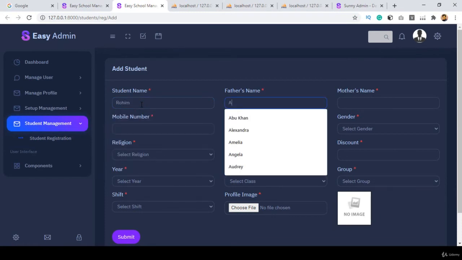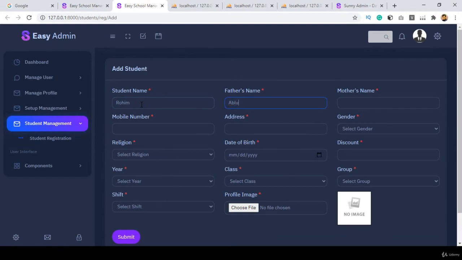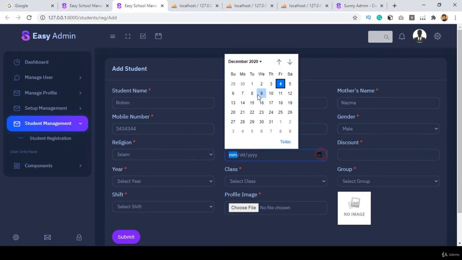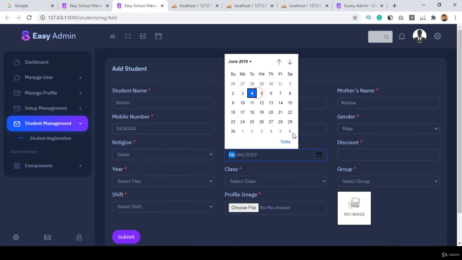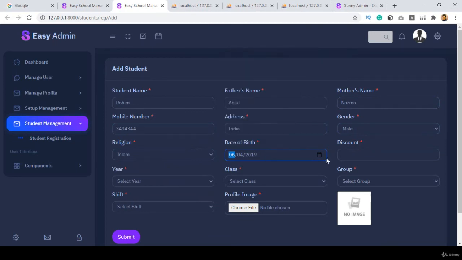Okay, I name it as Rohim and Abdul. Okay, I name it as Abdul, and I name it as Nazma, and then put some mobile number, put India, and put the gender as male, and then I will set the religion as Islam. I put the date of birth. Okay, I show you everything. I think you already know the main concept, what exactly I